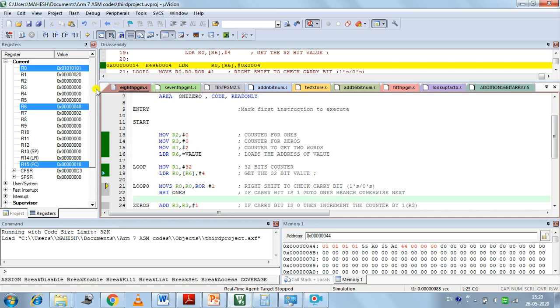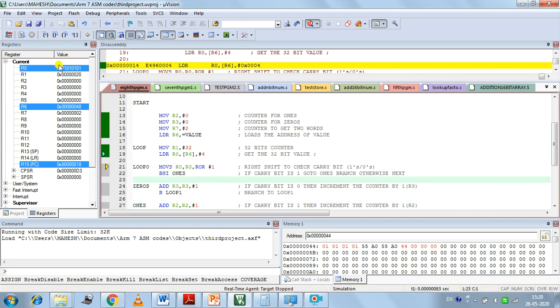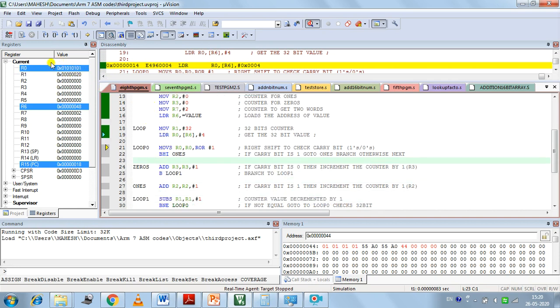Now we have to count the number of zeros and ones in this number. After completing that, we load the second number into R0 itself, count the ones and zeros in that number, and after adding those we get the total number of ones and zeros.